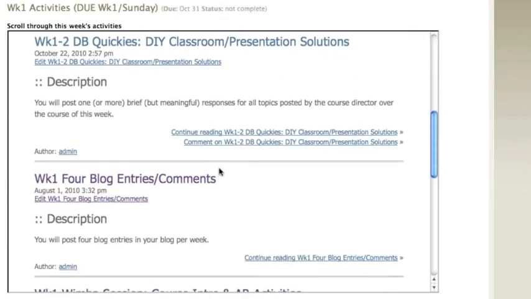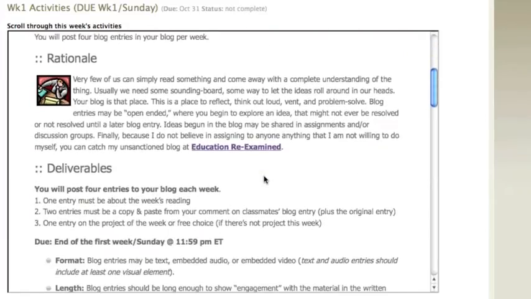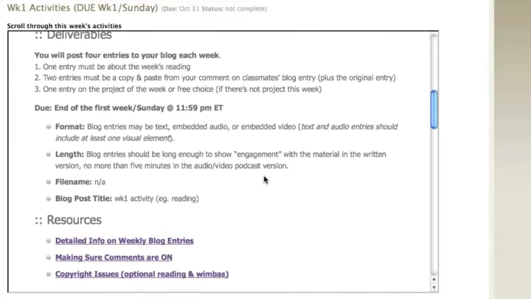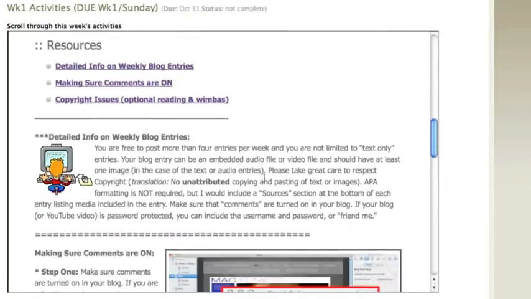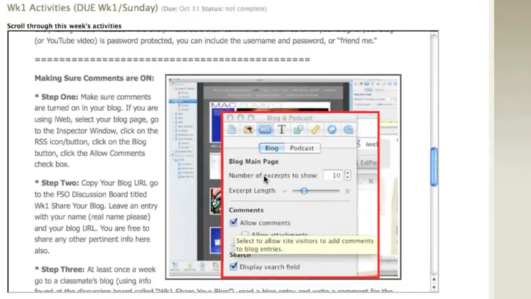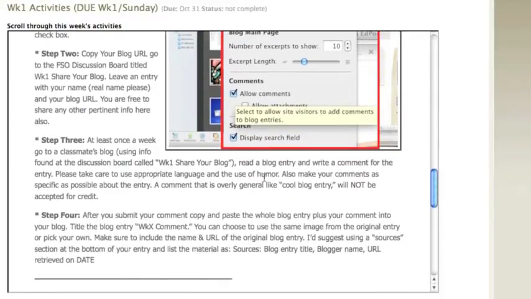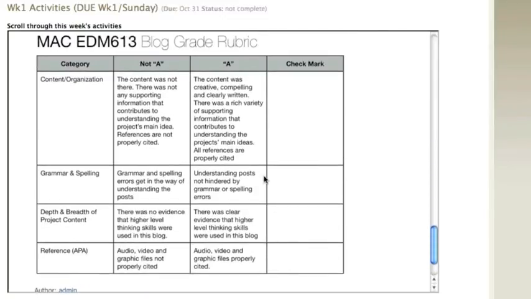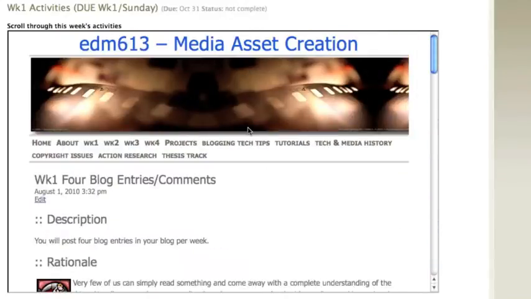And so here's the blogging, and the blogging thing here basically just tells you what the expectation is. It's a description of all the things, 4 blogs a week. It's due on the Sunday of that particular week, in this case week 1, and then gives you a little bit of information on what you should include, and then making sure that if you're using iWeb, make sure your comments are turned on, and obviously if you're using any other platform, you're going to want to make sure that your comments are turned on. Here's our rubric breakdown,